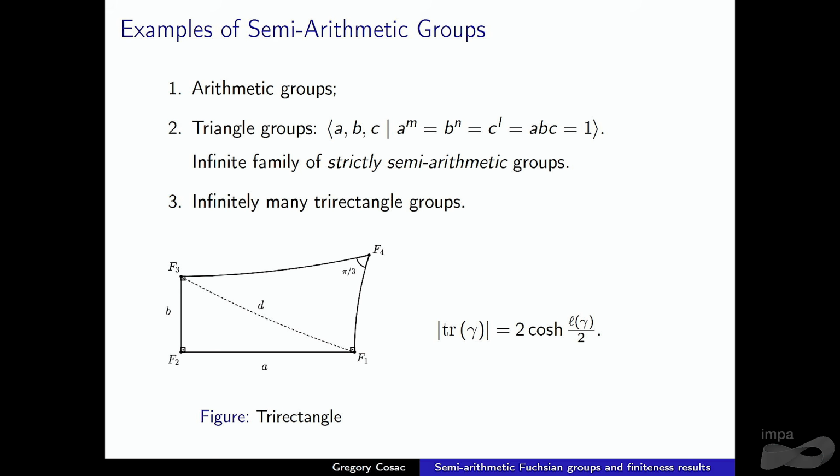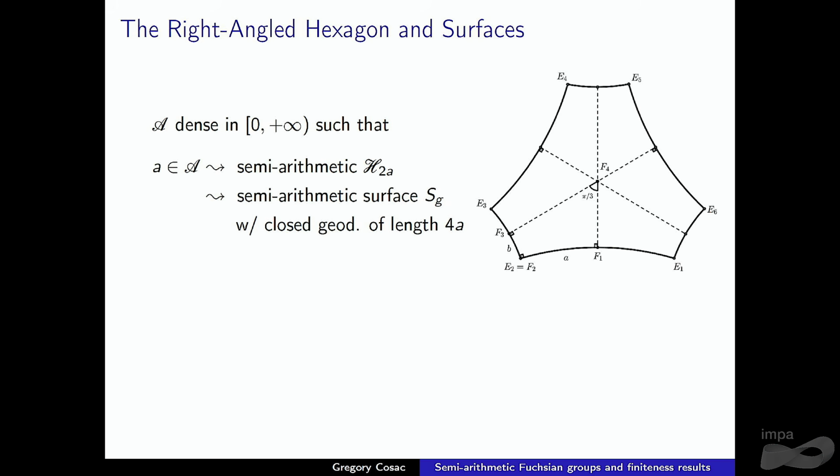Yeah, so the idea being that if you choose A well, you can guarantee integrality of the traces, and you can guarantee the invariant trace field is going to be totally real. And you can actually do that. But moving on to another polygon, we can easily obtain another result with the